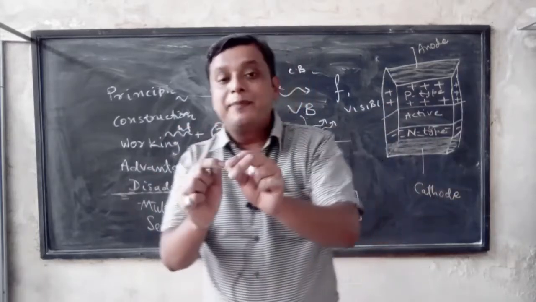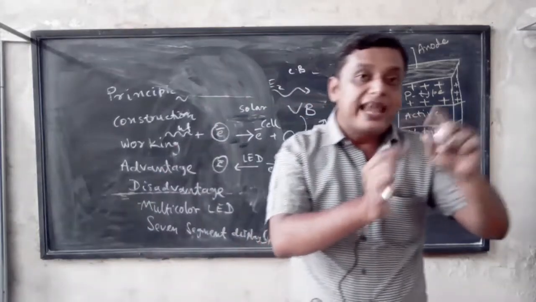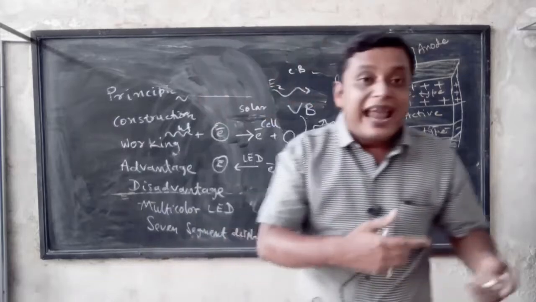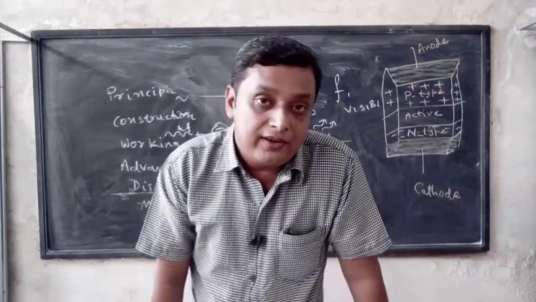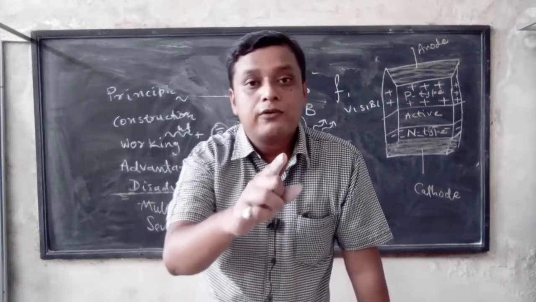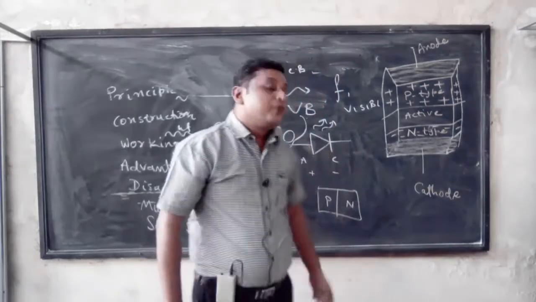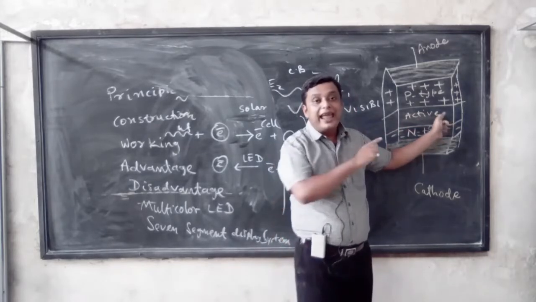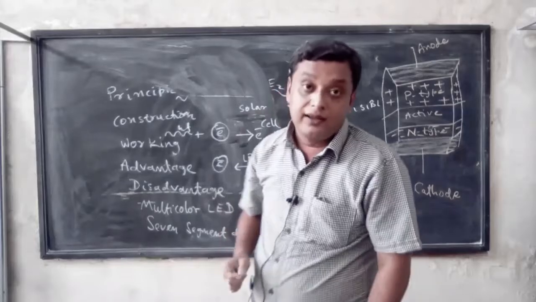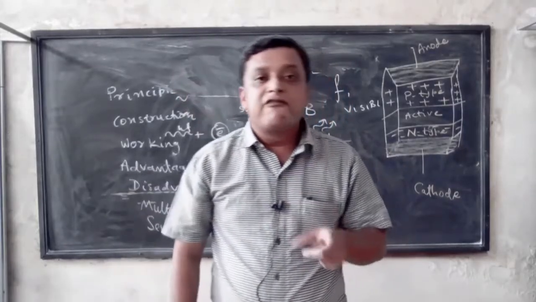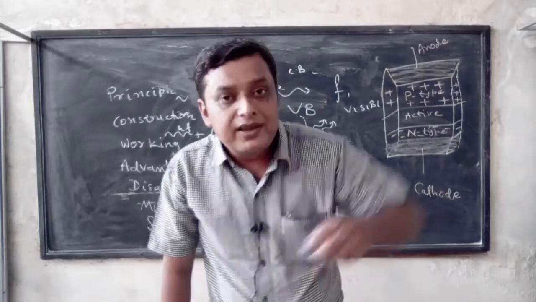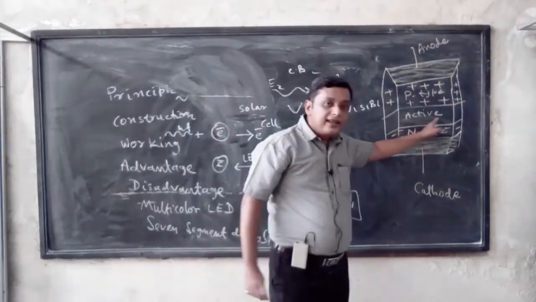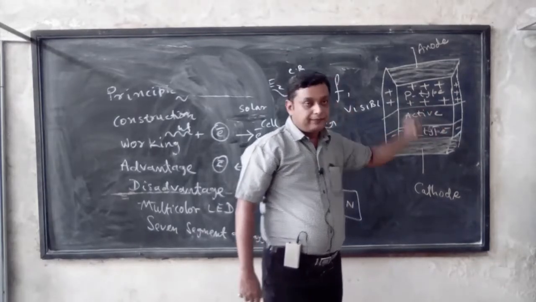P-type material is allowed to participate in a conduction process. N-type material is also allowed to be active in a conduction process, but the depletion barrier is not allowed to participate in a conduction process. So this is an active region. The depletion barrier is an active region. Why is this an active region? An active region is a region where light energy is being generated. So the depletion barrier of the LED is acting as an active region.